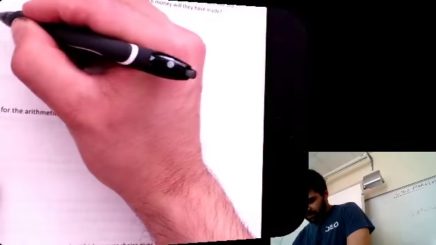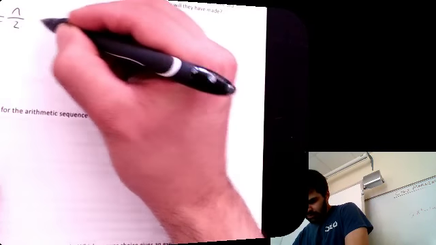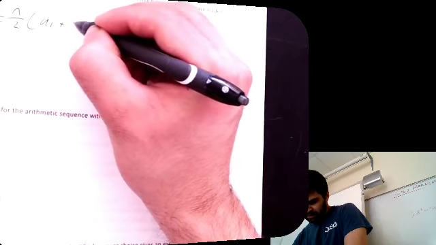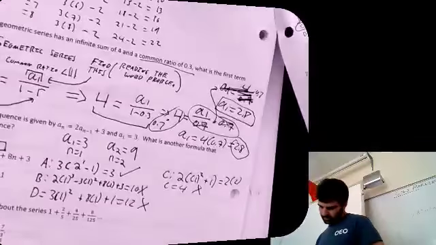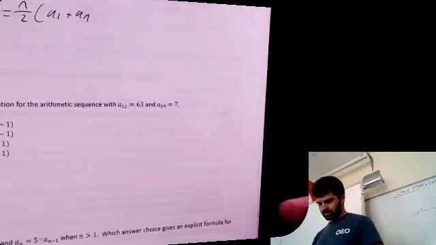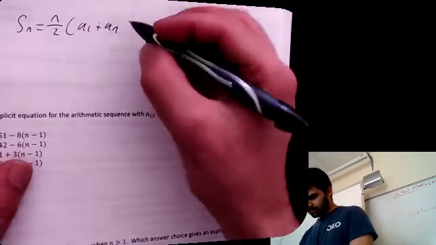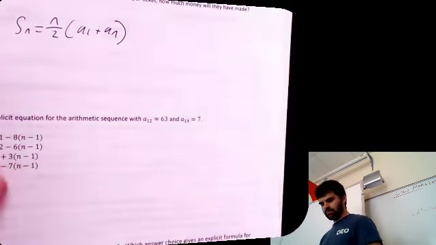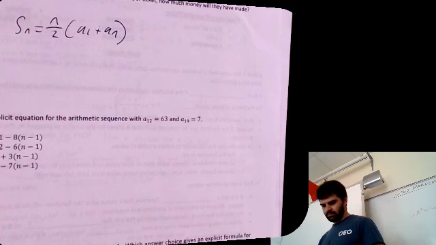Sn is equal to n over 2 times a1 plus an. Let me double check that again. And you'll have this on your formula sheet. So first of all, we need to find